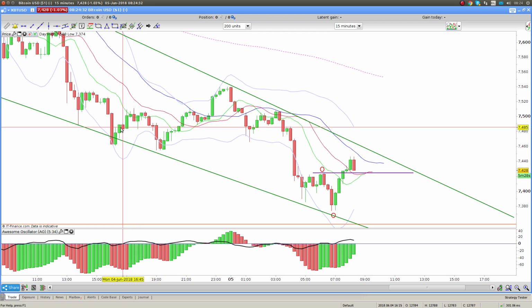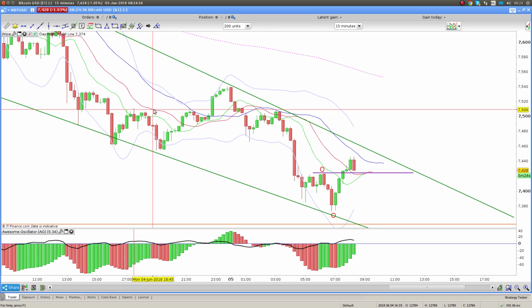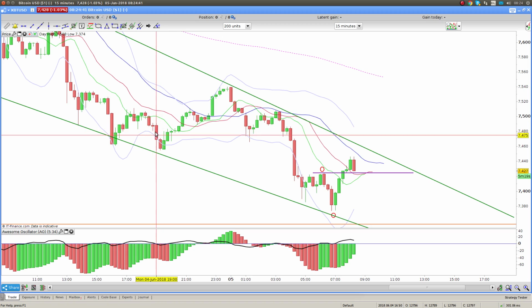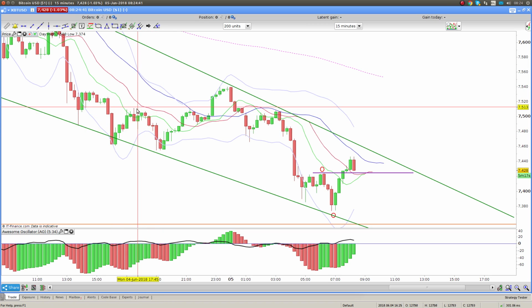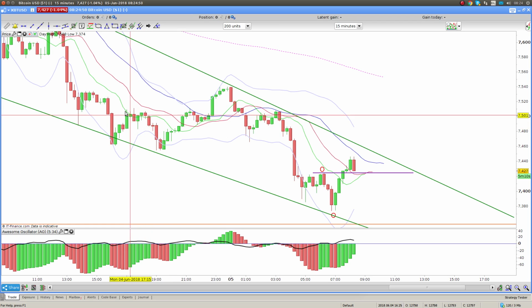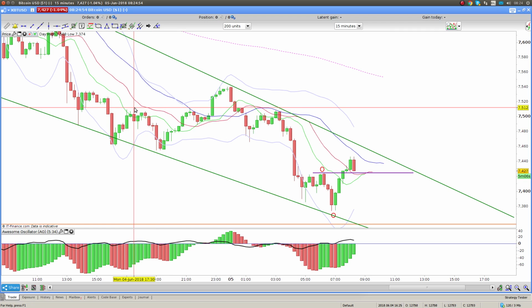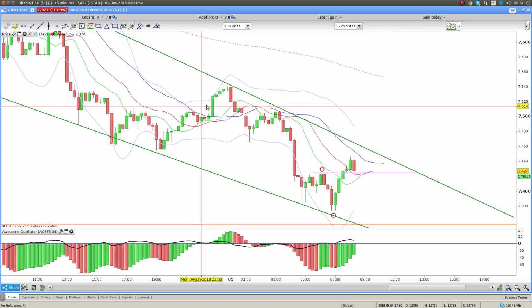Normally it's a 5-bar pattern, but it can be more than 5 bars. You just got to use some common sense and you're looking for a high, and then you're looking for two lower highs on either side. But even if it takes 6 or 8 bars to build, that's still a valid pattern. Okay, so that's a fractal there, and you can see we broke the fractal here,